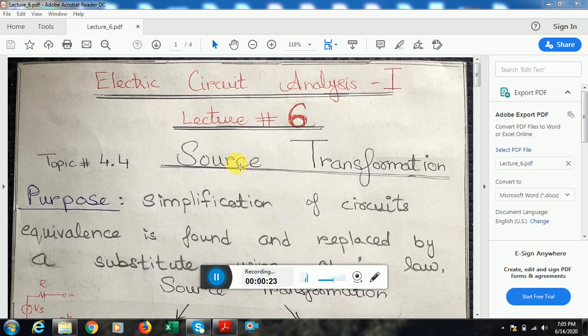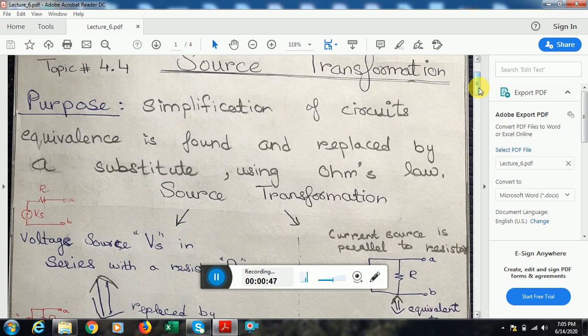We are studying electric sources, which are divided into two parts, that is current source and voltage source. And transformation means we have to transform from voltage source to current source and from current source to voltage source. Why do we do this? What is the purpose of doing it? The purpose is to simplify circuits and find an equivalent circuit of a complex circuit in a more simplified one. And the principle or law that we are going to use in the transformation is Ohm's law, which is voltage is directly proportional to current, and V = IR is the equation of this law.